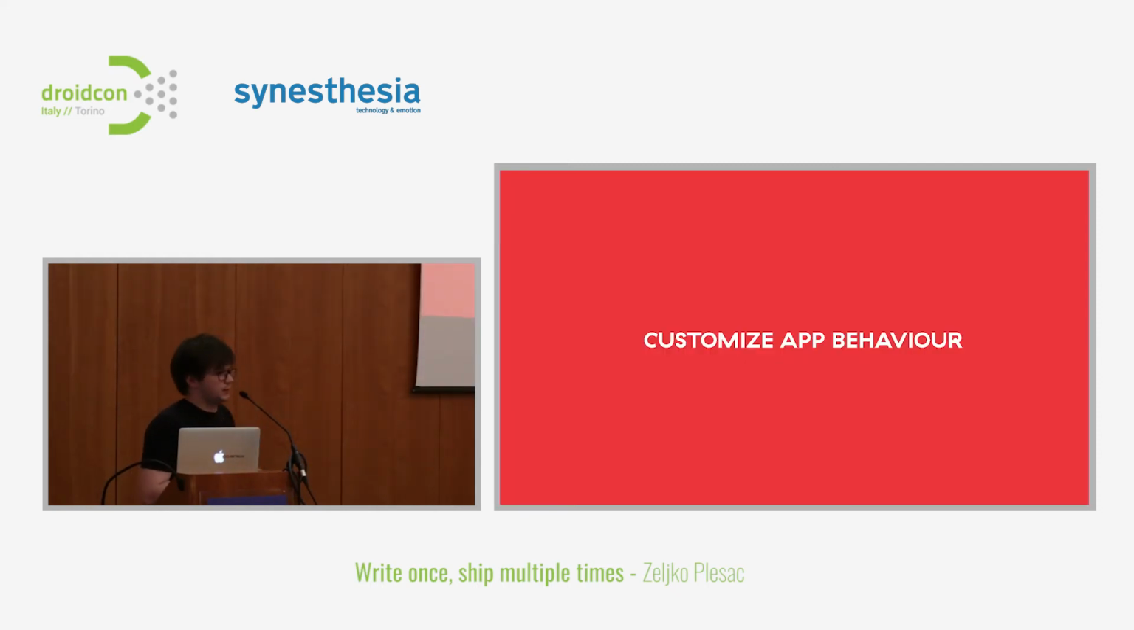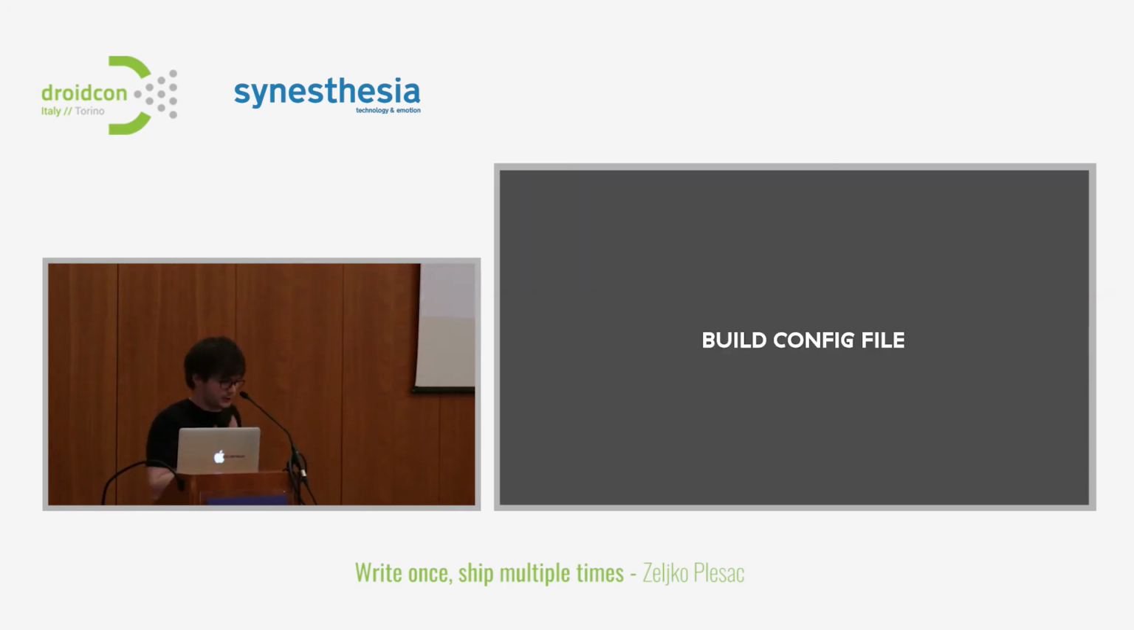Okay, let's talk about customizing app behavior. So basically, for shared code, it's pretty much trivial. You just use the same class in all your apps. But if you want to customize something, that's the fun and complicated part. So obviously, the simplest thing is using build config file for customizing the constant values